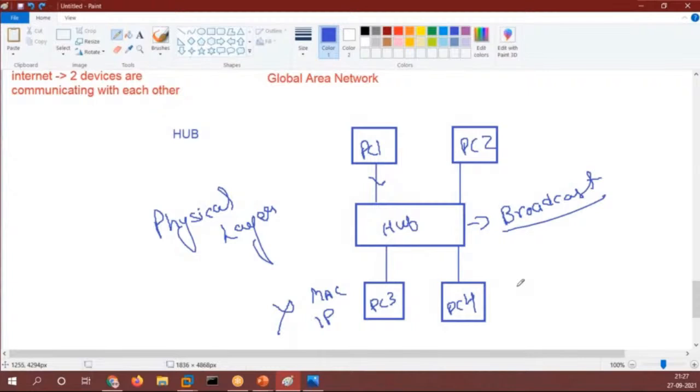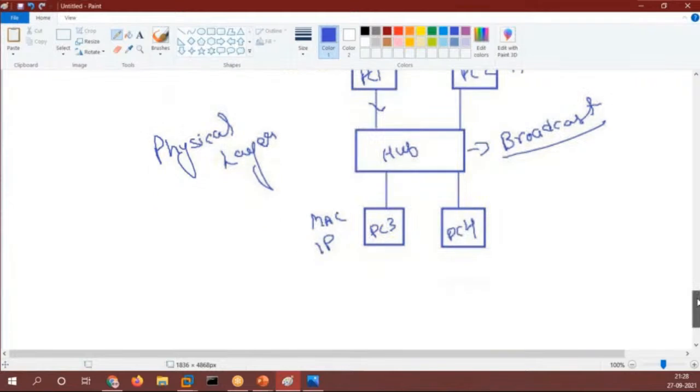Now, what if I tell you that there is a hacker sitting at PC2, right? Who is checking in our system whether the MAC addresses and IP addresses are matching or not? It is checked by your network interface card, NIC.